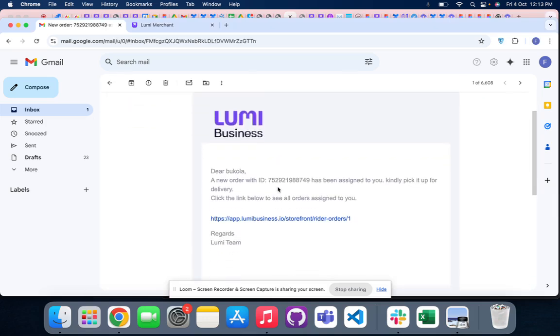The mail has been sent to the rider. After assigning an order to a rider, a mail will be sent to the rider saying a new order with ID has been assigned to you. Kindly pick it up for delivery. Then when we click on the URL,